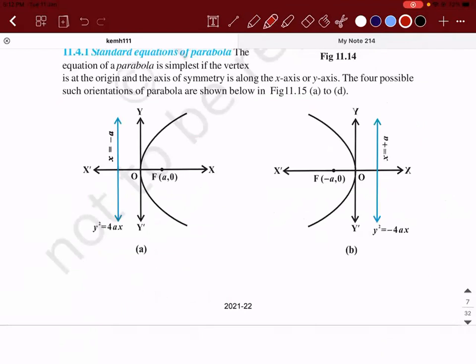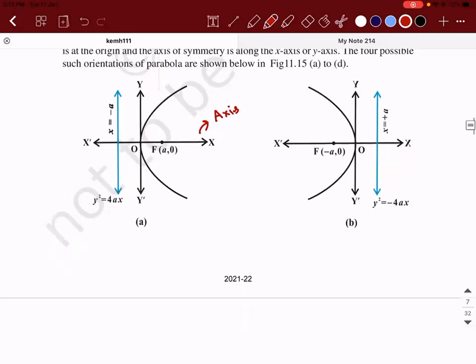I'm going to show it, but there are only 3 to 4 steps. See. So what is this x dash called? It is called the axis. See, axis is singular, axes is plural. Why I'm telling this is because in the case of ellipse and hyperbola, you have 2 axes, whereas here you have only 1. So this is the axis, and this blue color line is the parabola, and the vertex is taken to be the origin.